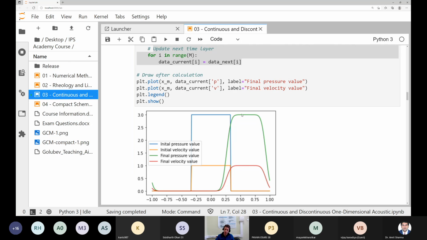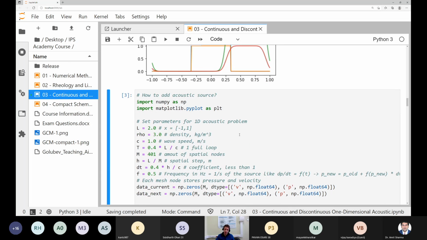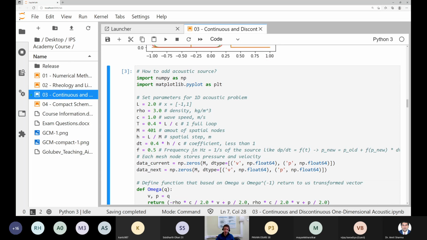After some time, we can see the P wave propagated to the right. Some portion of this wave goes back from the left, and it's obvious. How to add the acoustic source? In fact, it's very trivial. So I chose some